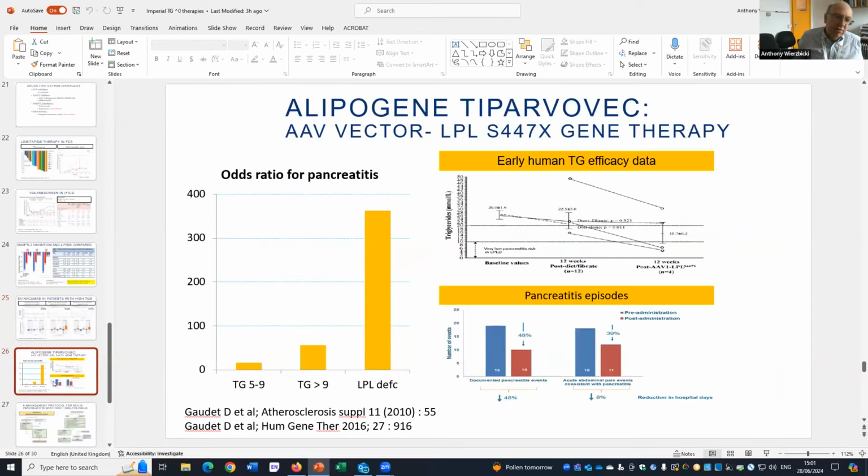The final thing that you can do, and this is rather historical, but I pretty much suspect it will come back again, but with a different vector, is that we have got gene therapies. We're beginning to look at gene therapies for monogenic familial hypercholesterolemia. That's knocking out PCSK9 with CRISPR-Cas9, and then so if you don't have a PCSK9 defect, LDL receptor defect, treating as you would with a